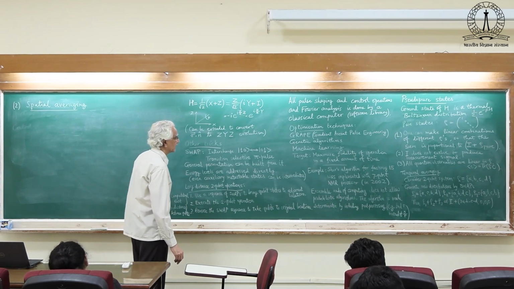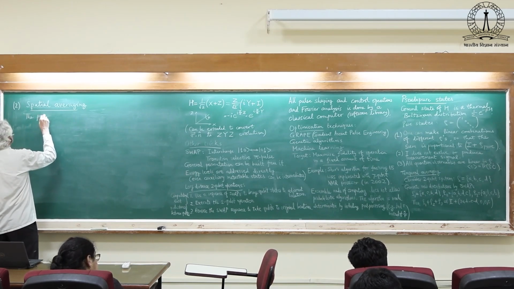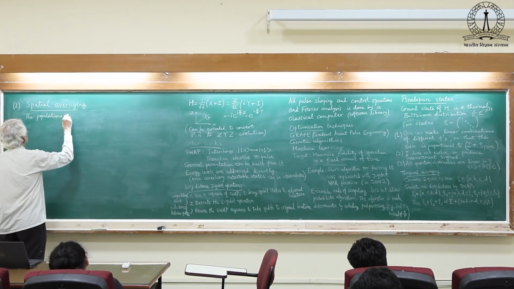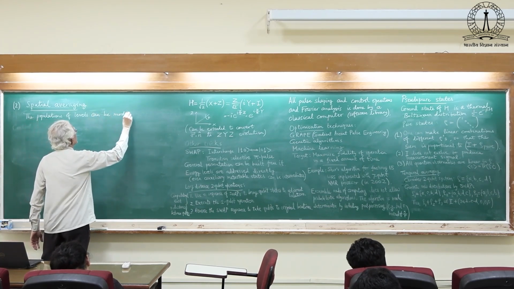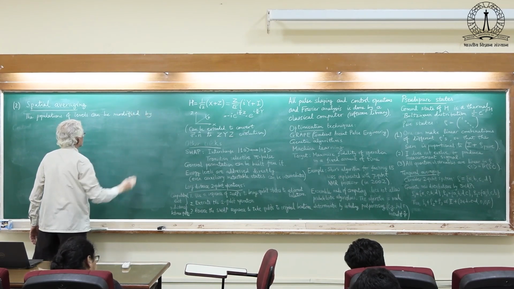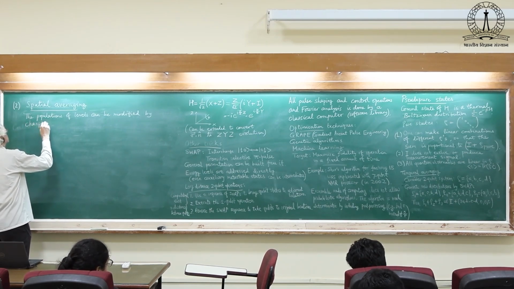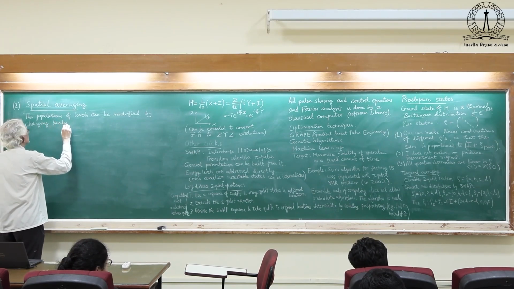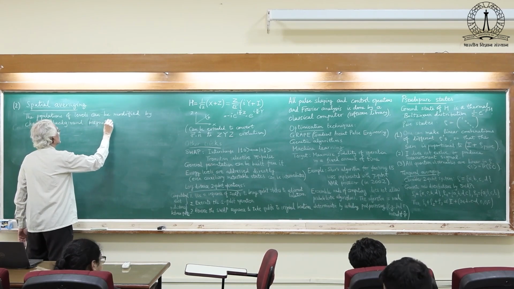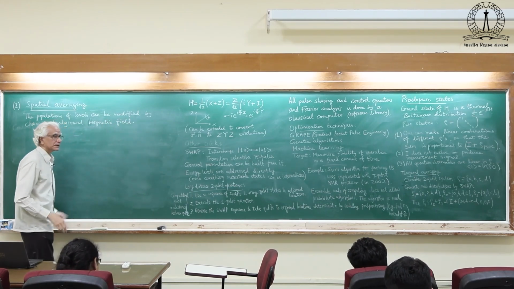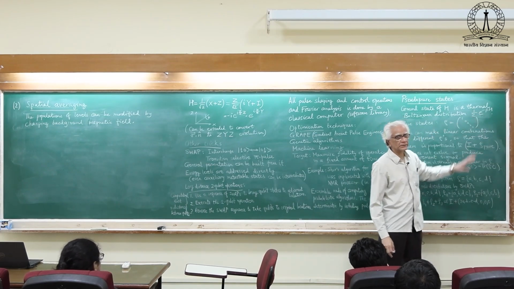What spatial averaging does is these populations of labels can be modified by changing the background magnetic field, because the background magnetic field is what was going to produce this e raised to